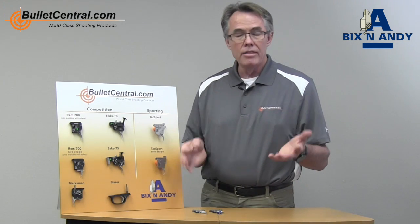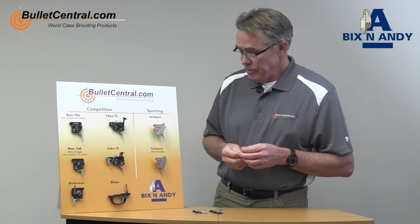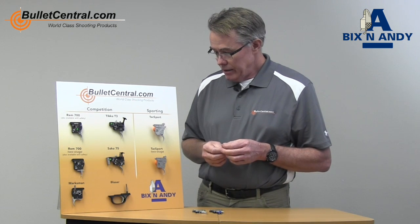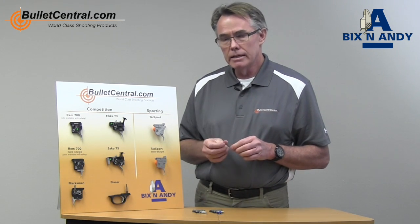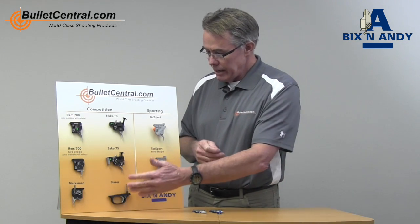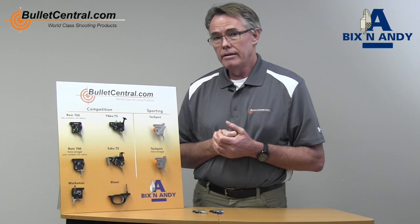So that's sort of the way the ball trigger works. The ball trigger is in fact in every single one of the Bix'n Andy triggers today. It all started, I think it was about 2004, if I'm not wrong, when Andy Atzel of Bix'n Andy decided to use this patented idea and put it into the Seiko and the Blaser triggers, because the Blaser rifle in